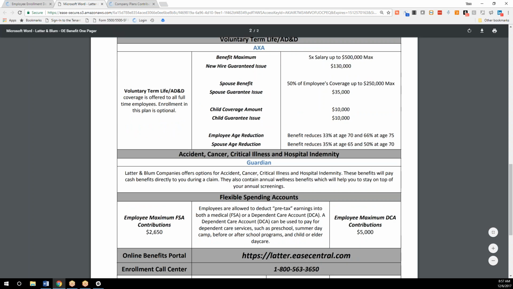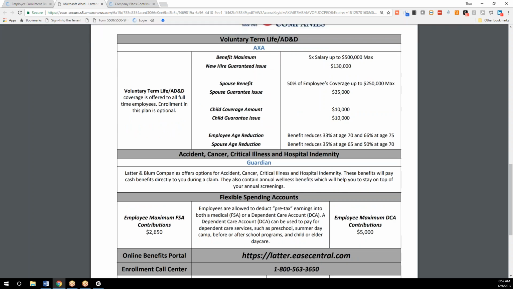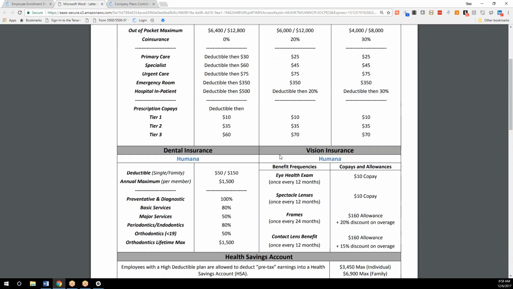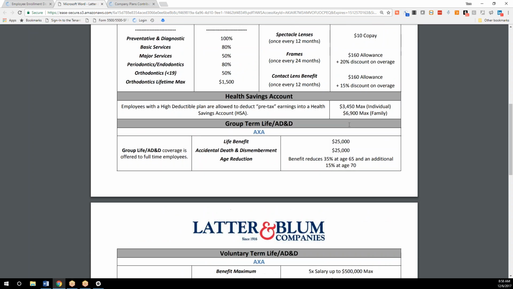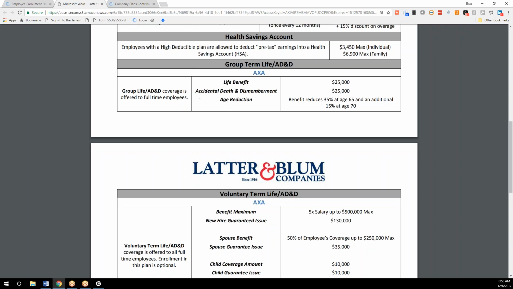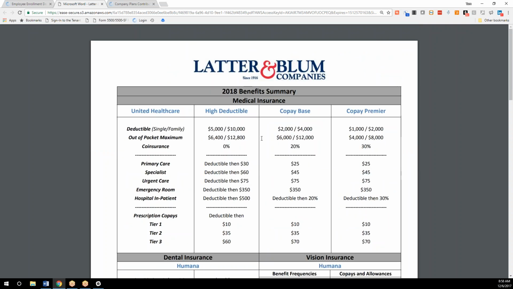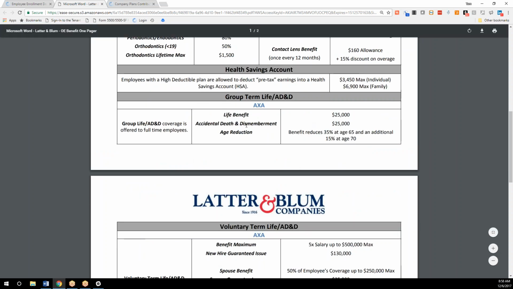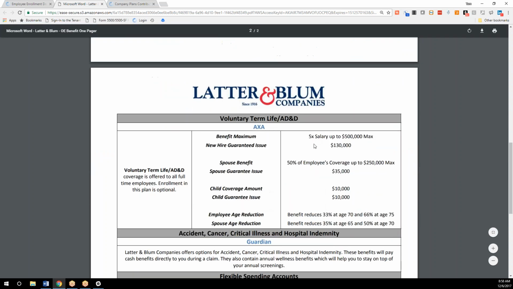We're also introducing a few new benefits for you called worksite benefits. These benefits are voluntary, individually priced and owned by you as an employee, and the benefits for all of these plans do pay directly to you. So unlike your health insurance and your dental insurance and vision insurance and even life insurance for that matter, who pay benefits to doctors, to dentists, to vision providers, or to your family after you've been deceased,